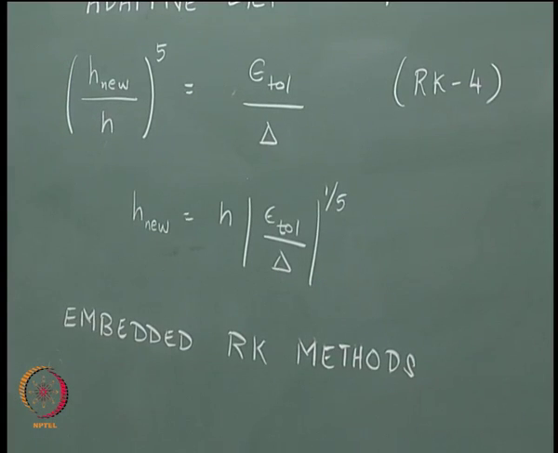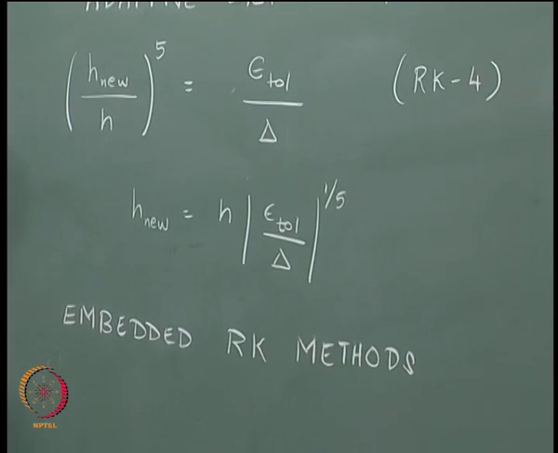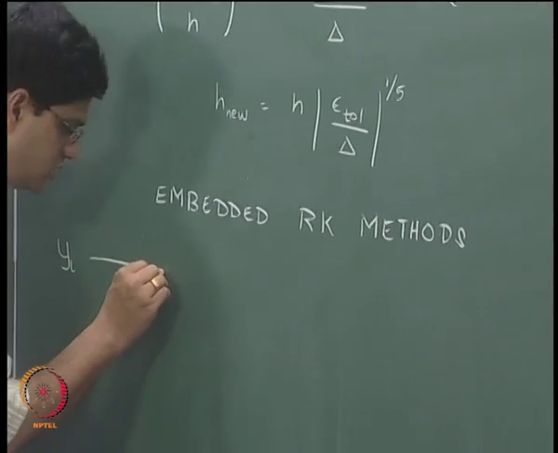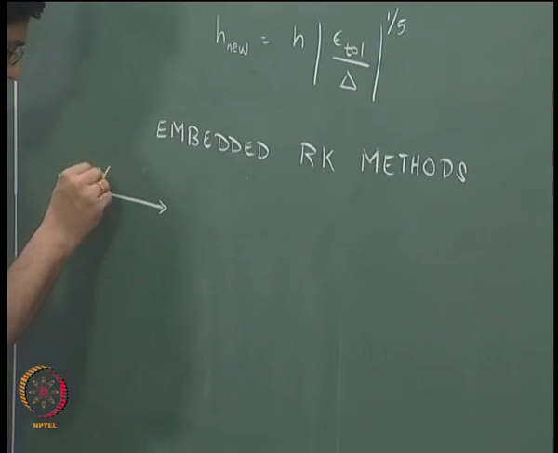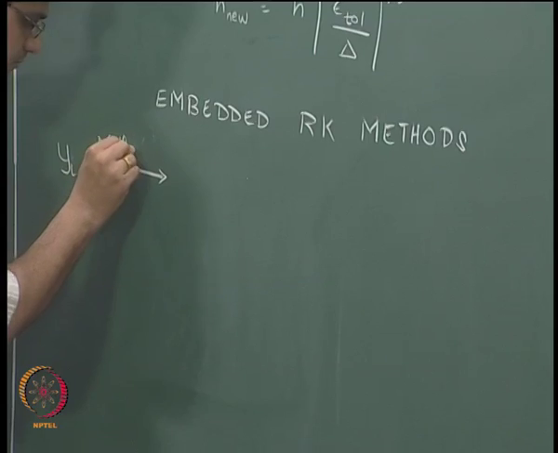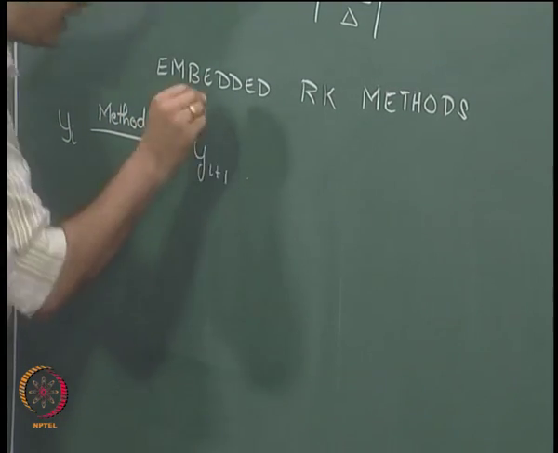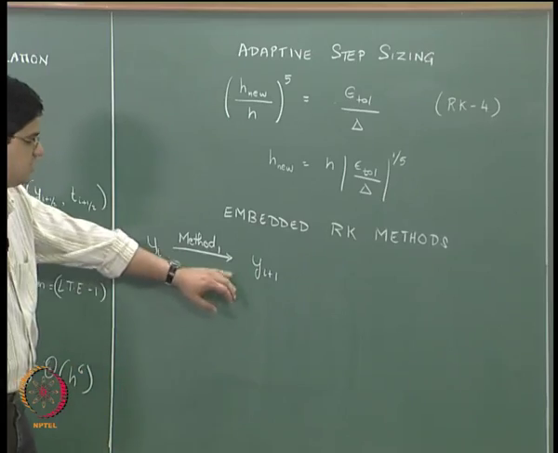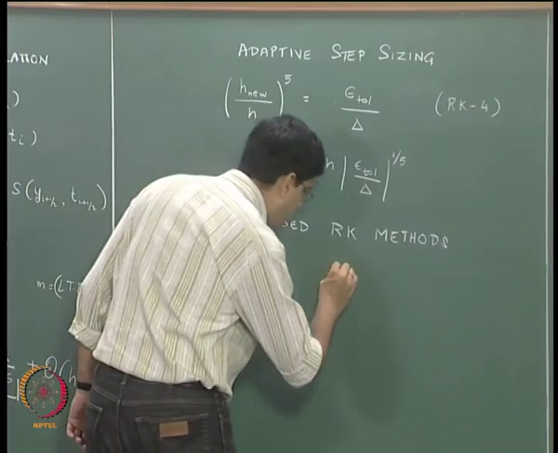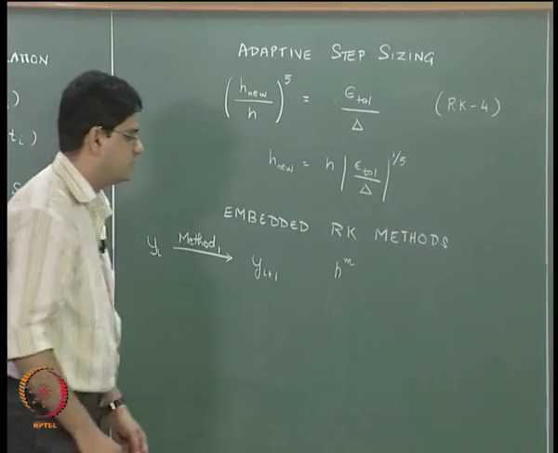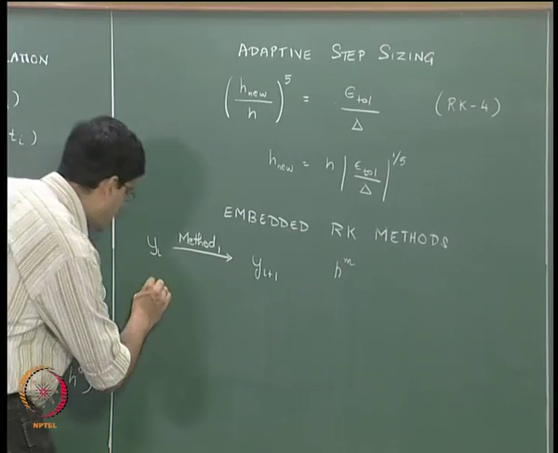Okay. So what we are going to do is we will start with yi and try to use method 1 to go to yi plus 1. And this particular method would be of order h to the power m accurate. We will use another method,